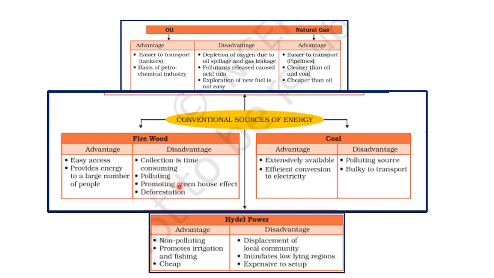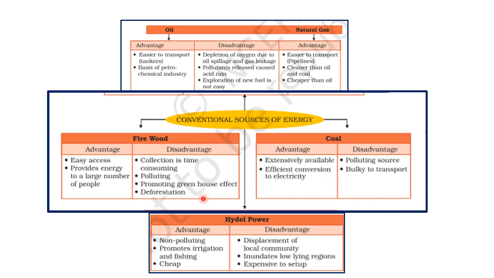It pollutes the environment. It promotes the greenhouse effect, means when it is burned it releases carbon dioxide, which promotes the greenhouse effect. It also causes deforestation, which is against the maintenance of